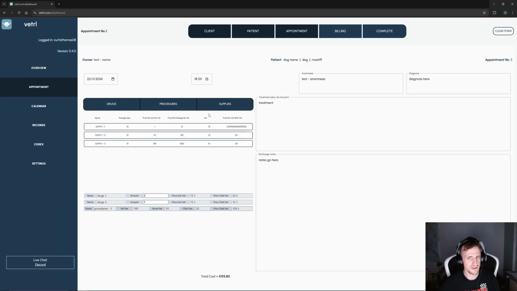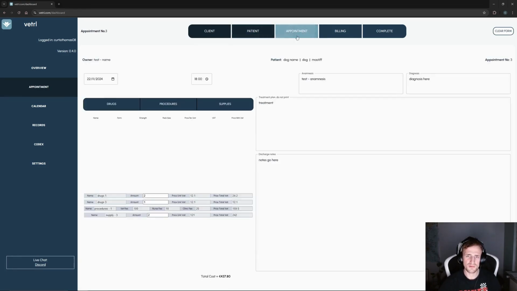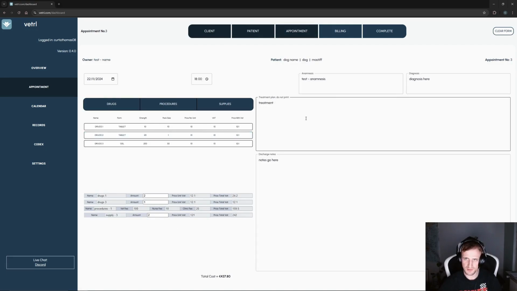Supplies, same again, the supplies that we set out from the Codex. Supply 3, how many did you use? Just 1, or maybe you used 20, maybe you used 2, and that updates your total cost there. You can go back and forward. This is saved every time you come back, as long as you don't click on the left part, along this